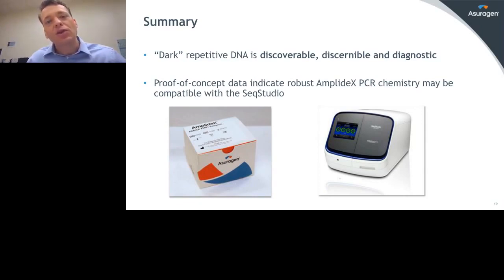And using the right tool for the right job, long-read NGS is a fantastic discovery tool. However, if you want to operationalize a workflow that can look at known repeats and provide definitive information for their molecular characterization, the combination of PCR using AmplideX chemistries with capillary electrophoresis, the 3730, the 3500, the 3130, and now we see a lot of promise around the SeqStudio, is a way to address that particular need.